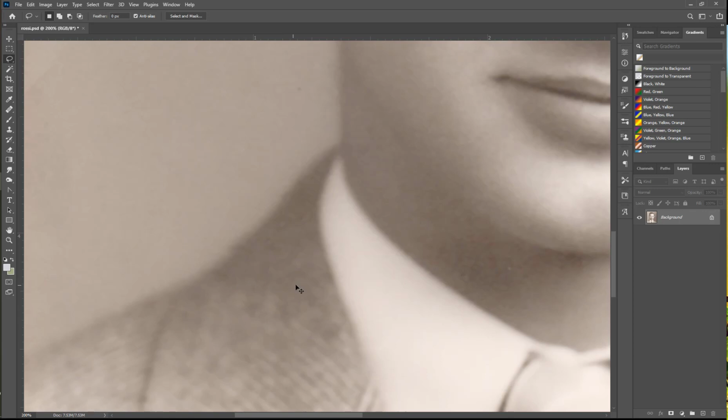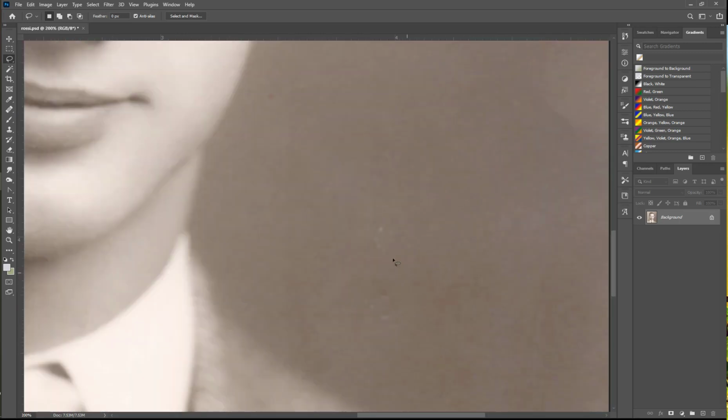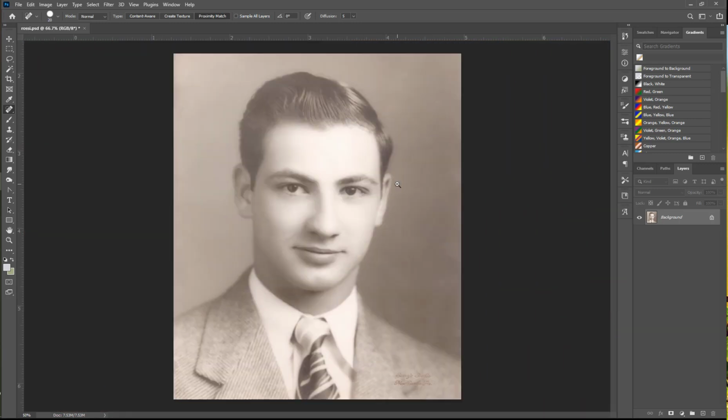So let's look at this image again, and we have a pretty nice cleaned up image here. Now there's a few things that a person could do. There's a couple of little smaller damaged areas in here that, if you wanted to, you could go in with the spot healing brush and just touch up some of those. It kind of makes that background a little bit neater, but there isn't really much of anything else that needs to be done to this image to make it look as it should have, or probably did look when it was originally printed. You can save this image,